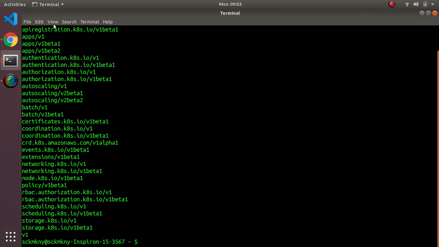Left of the slash is the API, so apps, right? And then the right of the slash is the version, so v1. So these are all the API groups that you have on your server. Now, that's the first piece. The next piece of this puzzle is